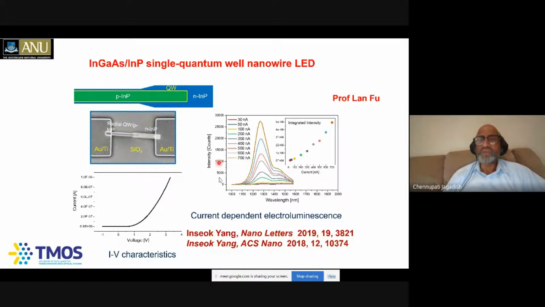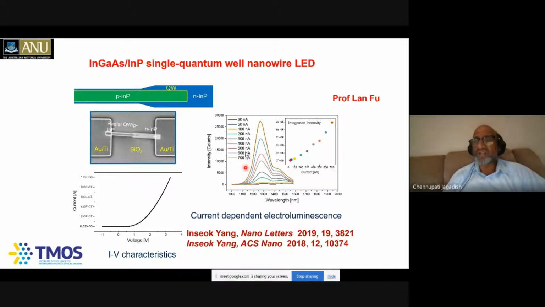So here is the light emission versus the wavelength. You can see that as and when increasing the injected current, you're able to get more and more light emission coming out of those. You also see two emission peaks. That's mainly because the quantum well which is formed on the surface on the top here has a different thickness and composition with respect to the quantum well which is formed on the side walls of these nanowires here. So that's why you end up having two emission peaks. But also you can see that the wavelengths which we're really dealing with are in the 1.3, 1.55 micron region. So that's the region which the optical communication systems use. That's why we're interested in this.